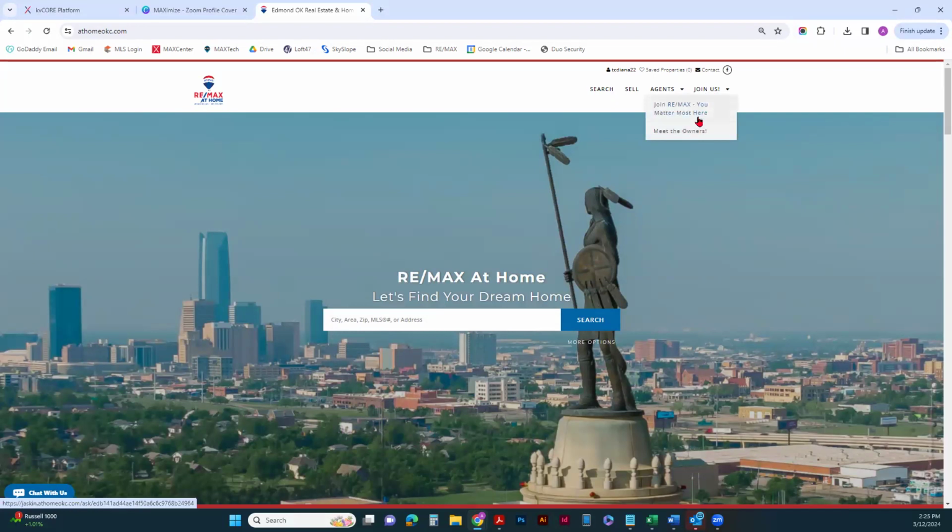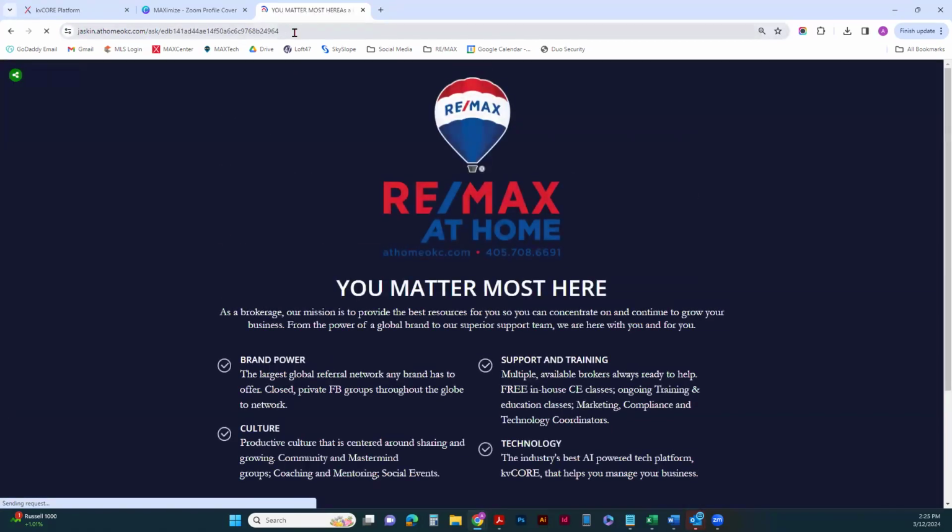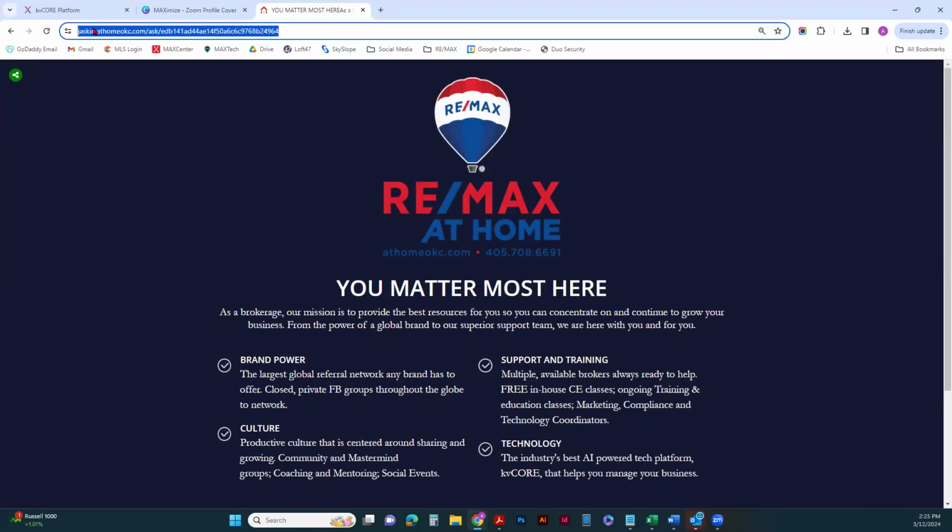If you want whatever populates under your main category to take them right to an external link, maybe it's an external link of your PDF for your buying guide, maybe it's a video, maybe it's a page with open houses, you would copy whatever the URL is that you created for whatever page or PDF it is, and paste that URL because we're going to need it. So paste it somewhere that you can get to it in case you lose it. Then you want to come back to kvCORE,